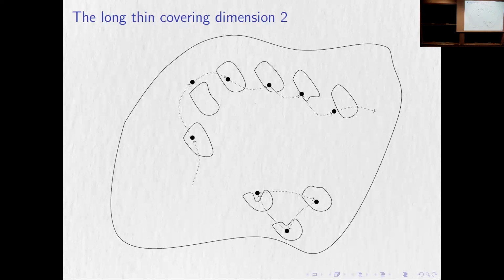And maybe I'll go over it before showing you the proper definition. We're going back to the other slide. The idea is, first of all, this thing has to be long. What do I mean by long? Long means we have a certain length, right? And we say that if we take any point,